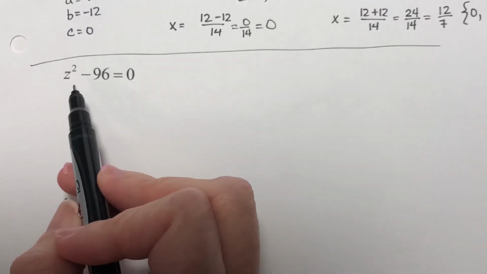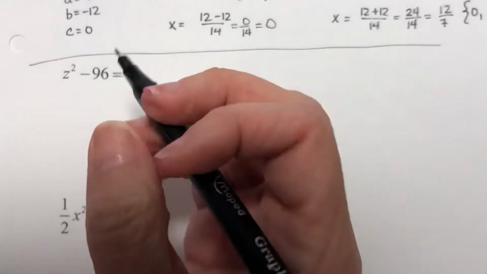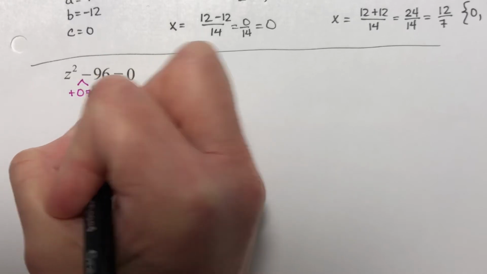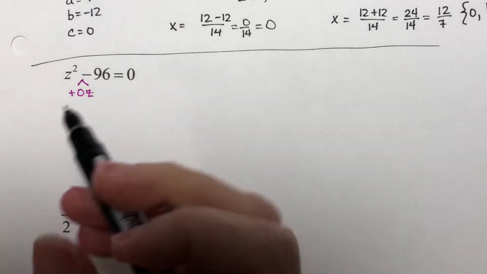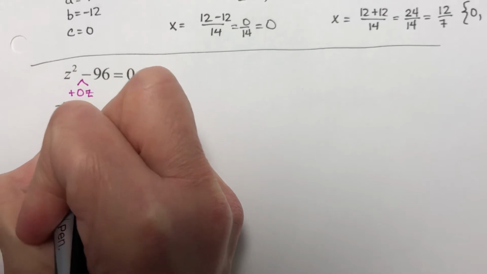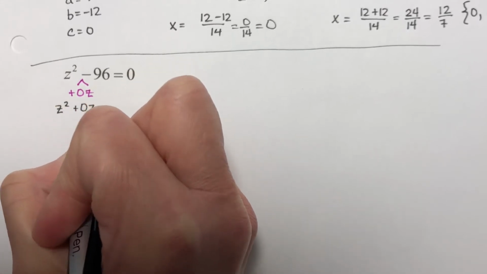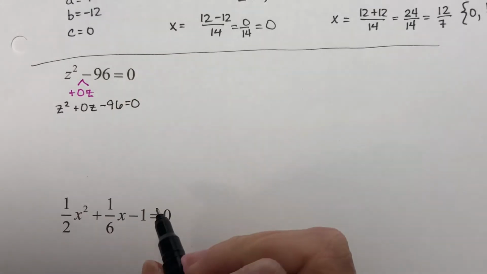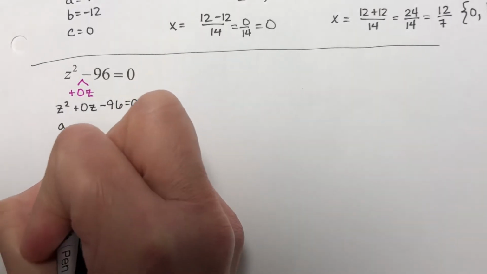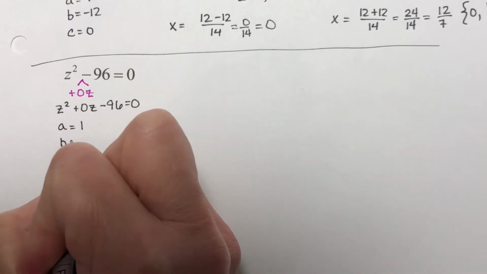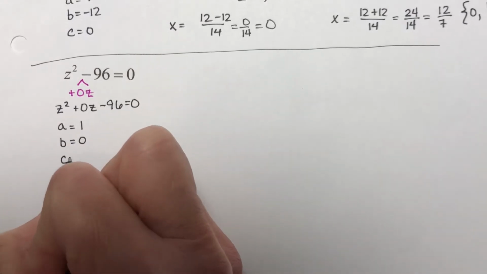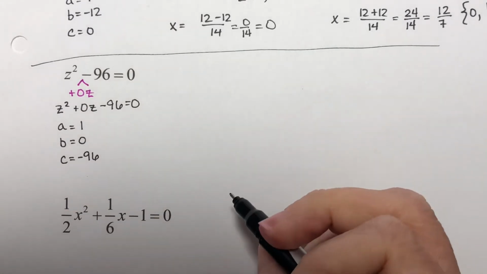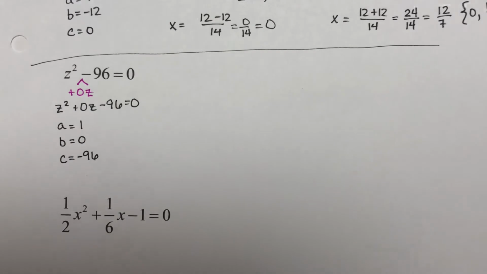We definitely have a missing term. We're missing our z. So just like when we were doing long division, I'm going to plug in the 0z. Okay, so now I have z squared plus 0z minus 96 equals 0. So our a is 1, our b is 0, and our c is negative 96. Okay, so using the quadratic formula,